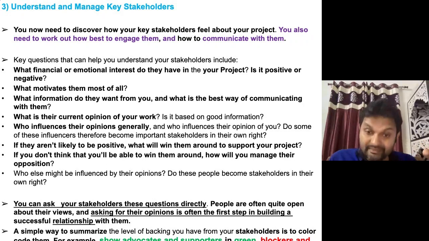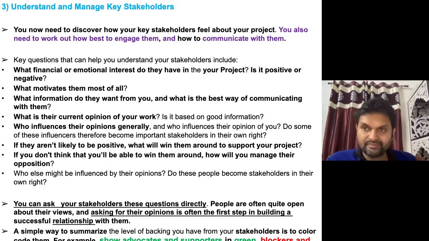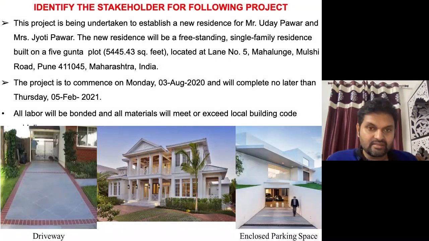You can even ask some direct and indirect questions, asking for their opinion about the project and how to improve it. Many stakeholders feel very good if you ask them to give suggestions, to give a way to improve. They will be very happy. For example, for those who are supporting you or have a positive attitude, you can use different colors to showcase. If a person, community, or individuals are negative about your project, you can put them in red so that you can manage them accordingly. Sorted.